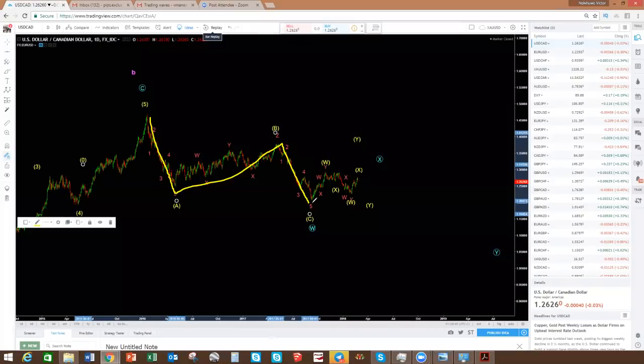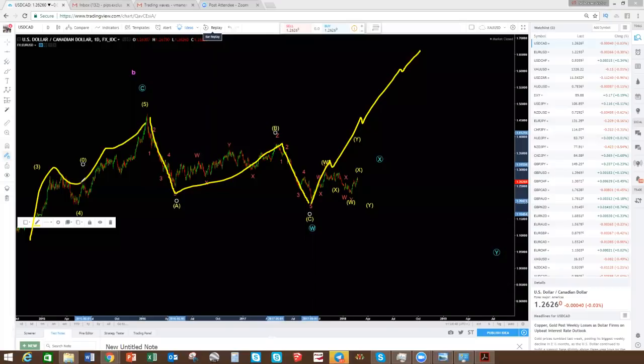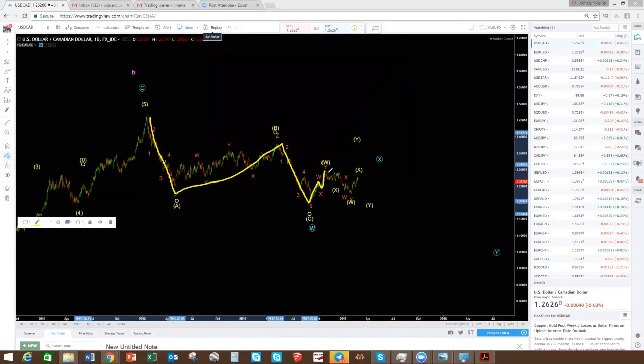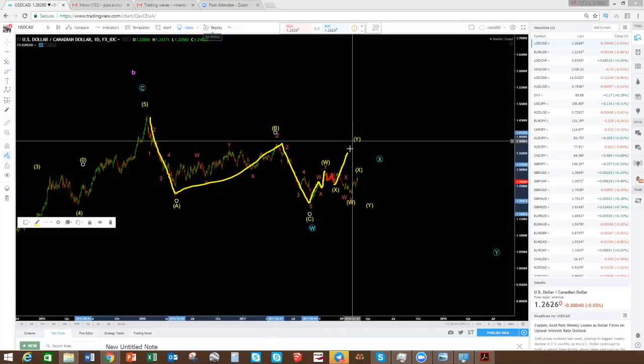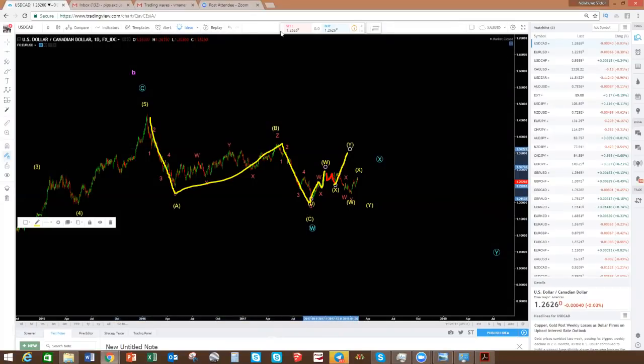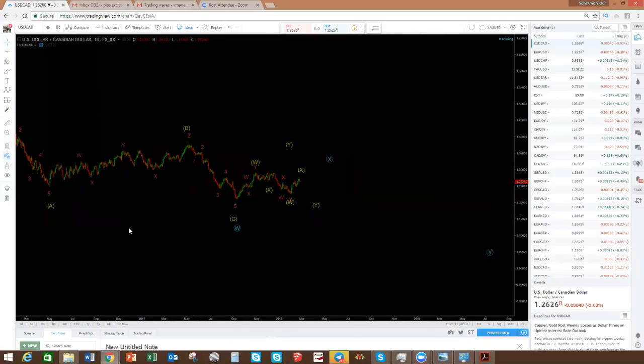After the ABC move, two things should happen. You should either get a move in the prevailing direction of the trend. This was the trend. And if that does not happen, similar to the current situation right now, this has not done this. Instead, we had a three-wave move there. And then remember this truncation here. This move should have been our Y. The Y should have been here. Okay, but because of the truncation, I'm going to go to the 4 hour, because of that truncation,